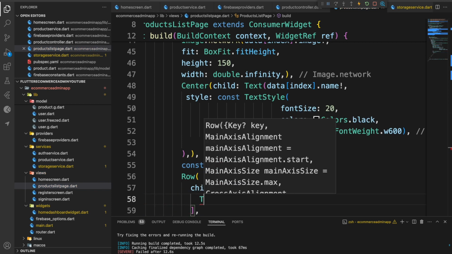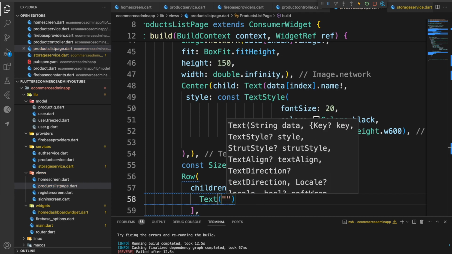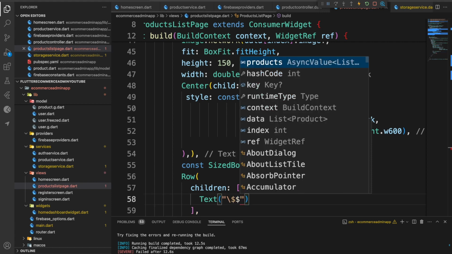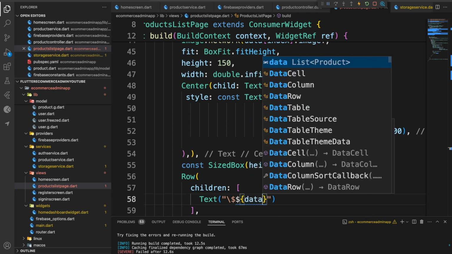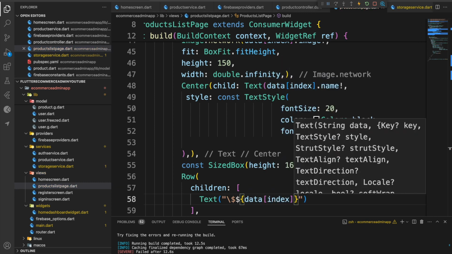So it's going to be text. We are just going to display the price. So it's going to be the data index dot